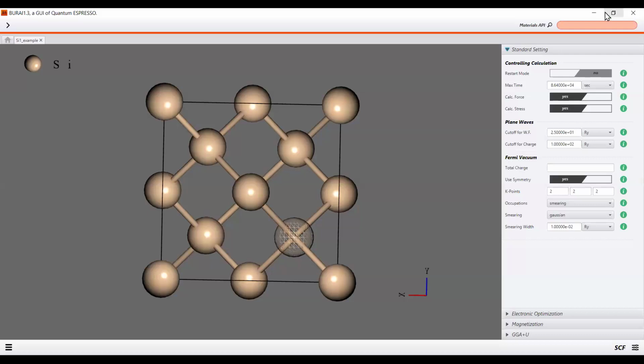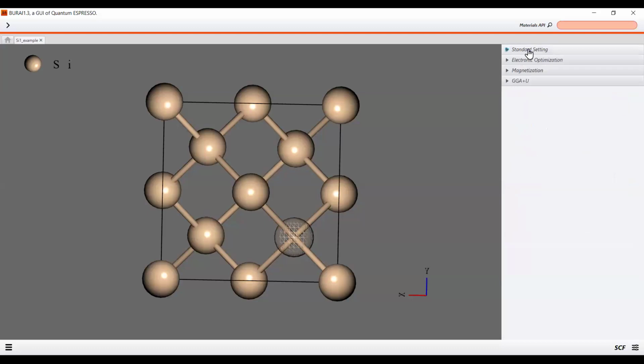Okay. So now we are doing SCF calculations. Here, these things. And you are all asking about the GGA plus U. You can simply put yes here and provide the value of Hubbard parameters. Okay. For example, I will put here 0.5 and then